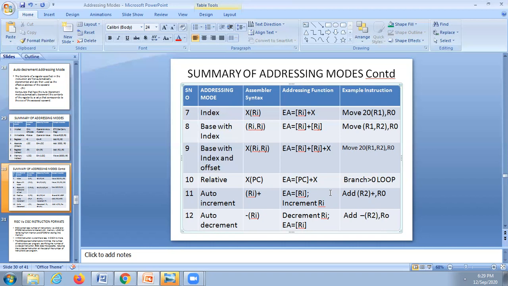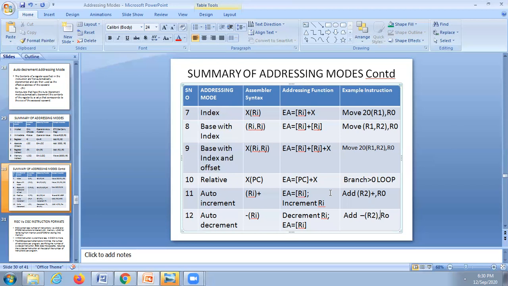These are the different addressing modes which you are going to use in the majority of processors. In addition to that, some more may be there, but they are not so important. Why? Because these 12 cover the addressing modes of the majority of processors. Some processors may not have all 12. Out of these 12, some processors may have only 5, or 6, or 7. It depends.